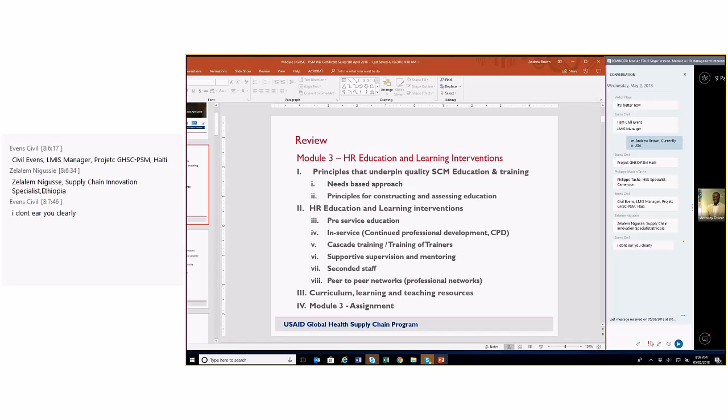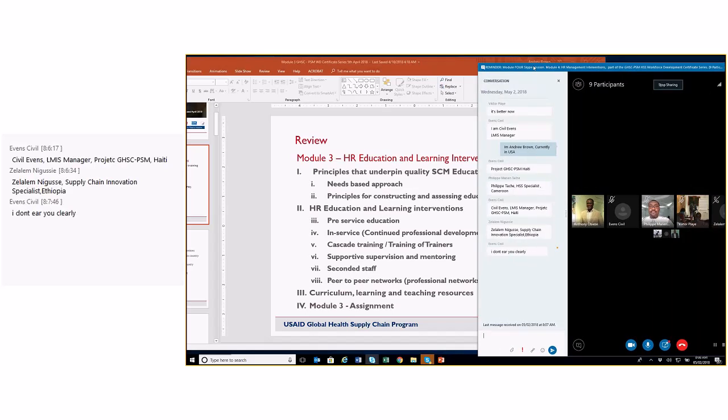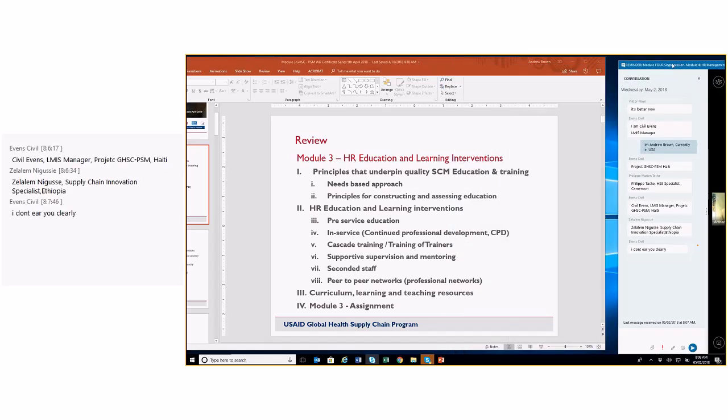I'll just turn my volume up to make sure. Evans, is that a little bit better? Otherwise, I'll get you to check your sessions. I've checked with a couple of colleagues to make sure they can hear me, and I'll ask Matt as my monitor to let me know if there are any issues with the screen or the volume. Thanks, Matt.